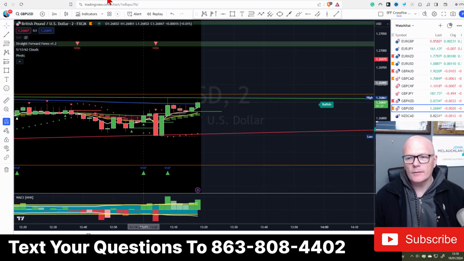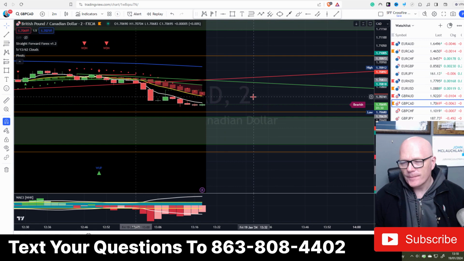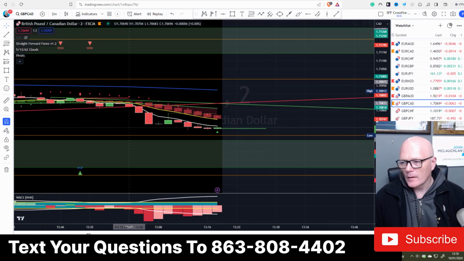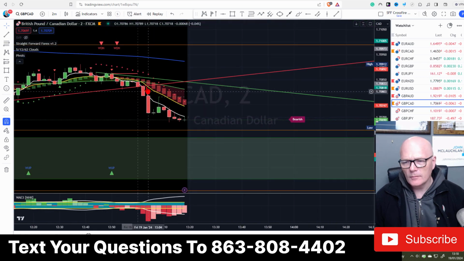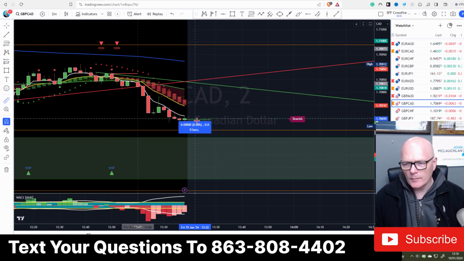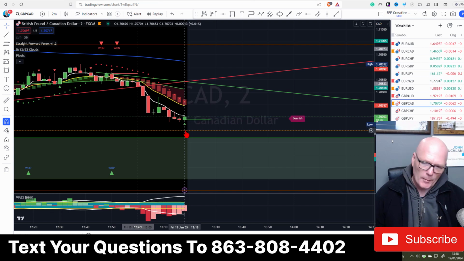Okay, so let's go back to GBP. Hang on, what's happened here? Oh, no. GBP CAD. Okay. So it's gone below our trend line. We're not far away from the pivot line, and currently it's reversing back up from there. So if we measure the pips from here, 4.6 pips to the pivot, and we know that if it's going to go to the pivot, it'll resist and it'll either bounce or break.